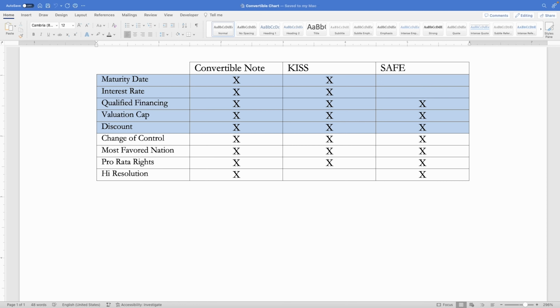Qualified financing, that's, again, another conversion trigger, another trigger when you convert into ownership of the company. Typically the qualified financing is when you raise a price round. And so it'll say something like, okay, when the issuer gets the aggregate of $1 million in preferred financing.